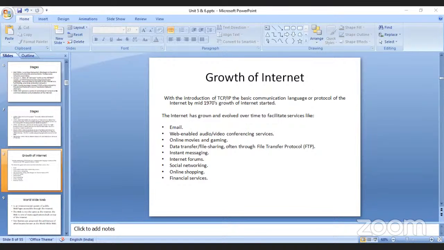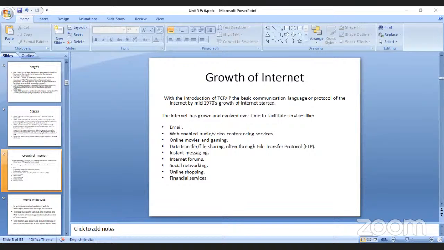So web-enabled audio and video conferencing services were of great use to different organizations. It has become very easy and accessible for employees to discuss with their bosses and express their ideas without meeting them in person, because your head office is somewhere in Mumbai and you sit in Hyderabad. Every time you cannot go and explain your ideas in person. So these conferences have helped them to exchange their ideas and also tell about the development.